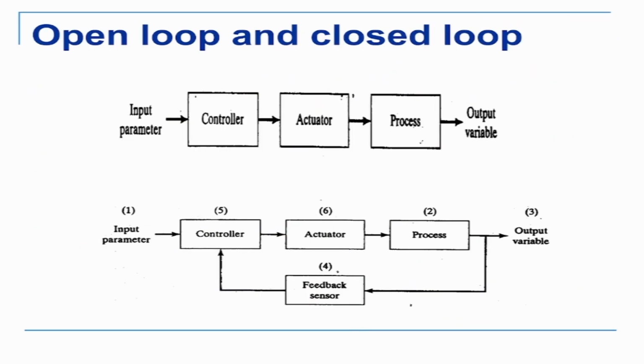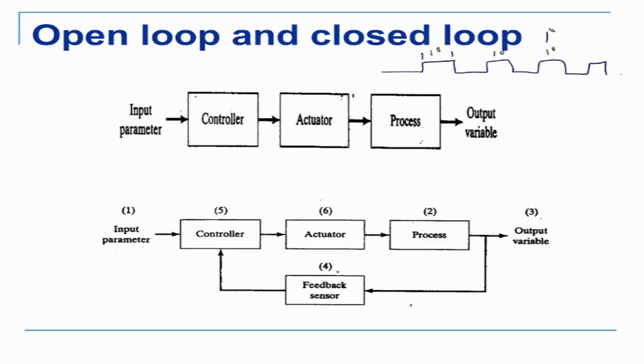Now, in terms of control systems, we have two kinds. One is called the open loop control system, in which there is no feedback, as shown here. For example, if I give a very small voltage to the motor, it will rotate a little bit. If I know how much it rotates for a given voltage, then approximately I can make it rotate. Say, if I have a pulse width like this, and I know that this much pulse width rotates it by 1 degree, then I give 1 degree here, 1 degree here, 1 degree here.